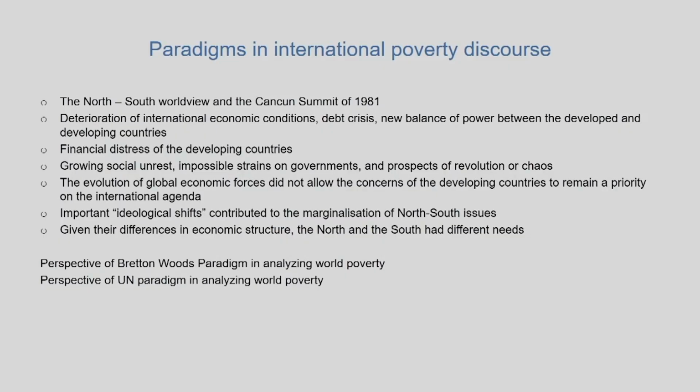Over the years, particularly since the middle of the 1990s, we see that this distinction of global north and global south, or this reference to global north and global south, has come down, and there is an increasing literature being provided to us from the international organizations with respect to an analysis of poverty. I'll try to bring out a few points starting with the 1980s. The global north and global south discourse was at its peak in the beginning of the 1980s, starting from the 1960s to the 1970s and so on.